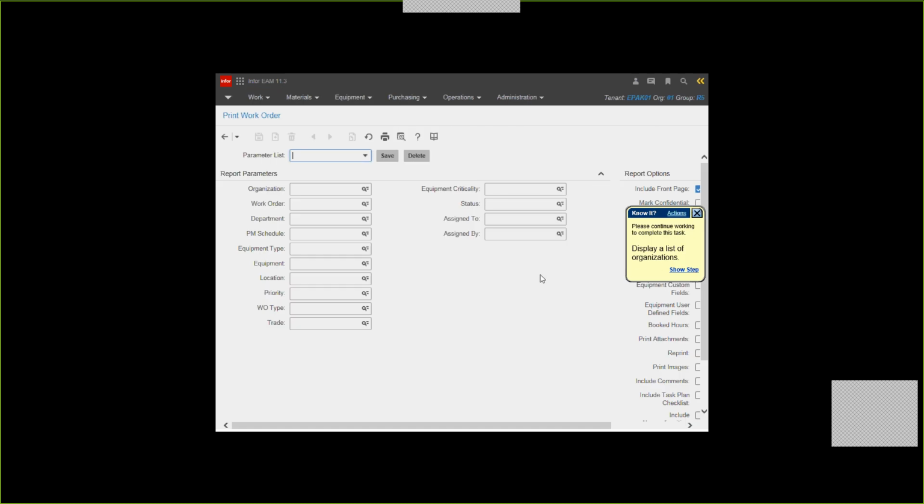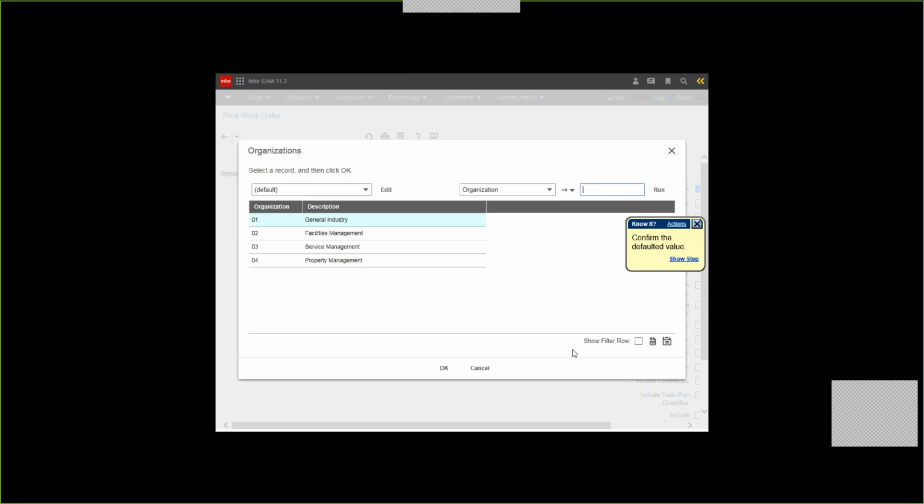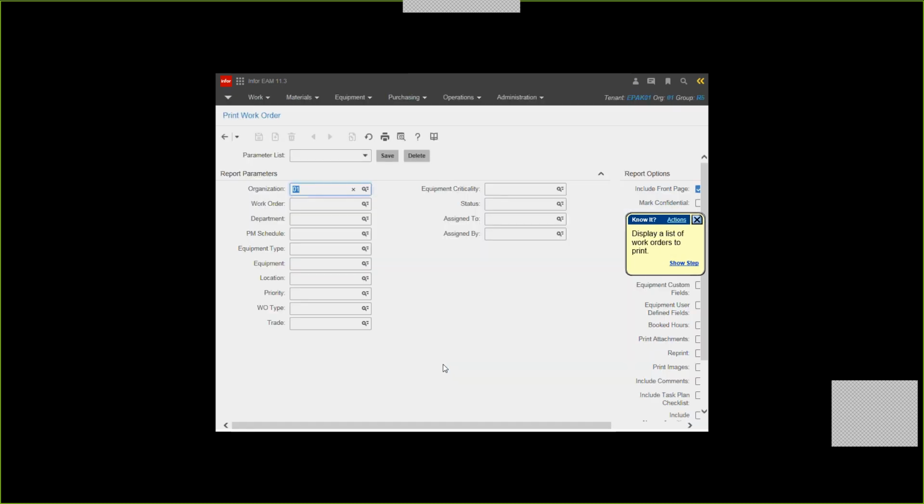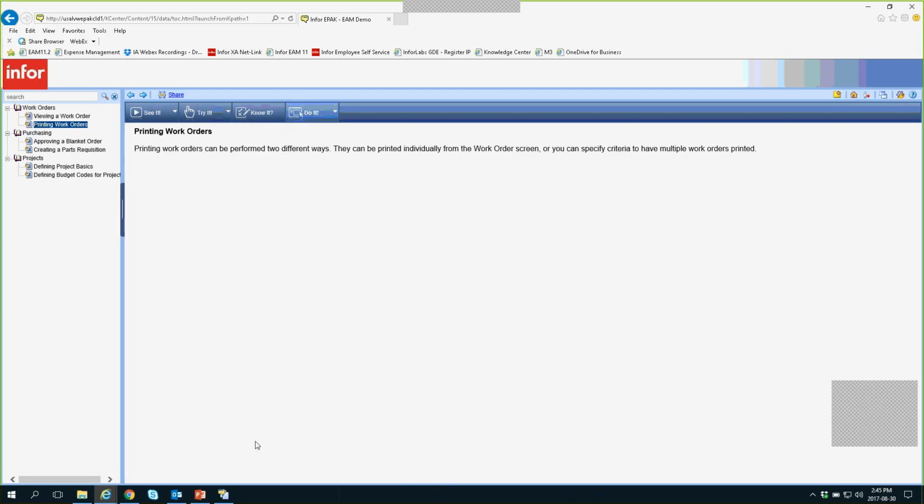And they can now continue with the procedure. So that's how Know It mode works. Do It mode,